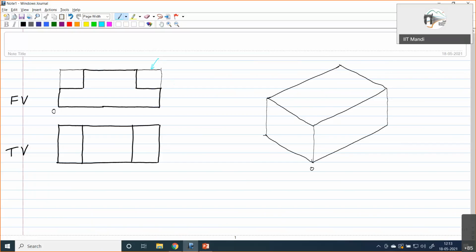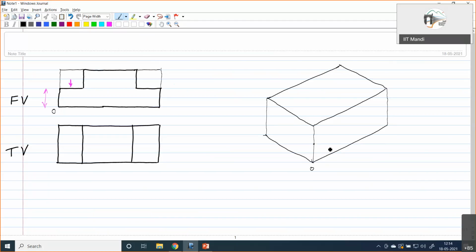Now we'll mark the exact dimensions onto it. So this height here, we can mark on this vertical line. This height is then marked up to this point. Then we have this dimension, which is parallel to the isometric line, of course.